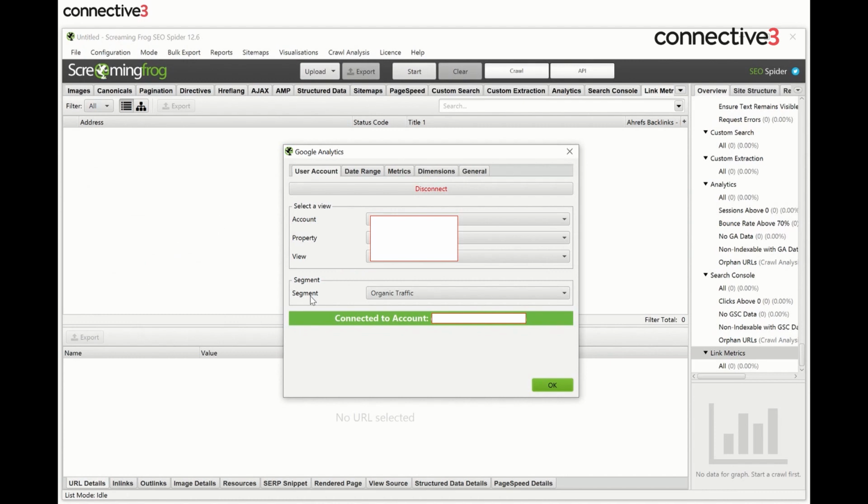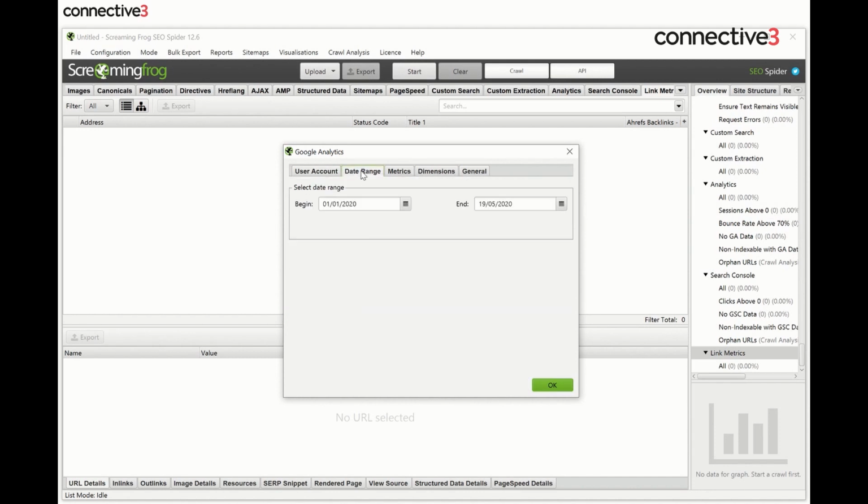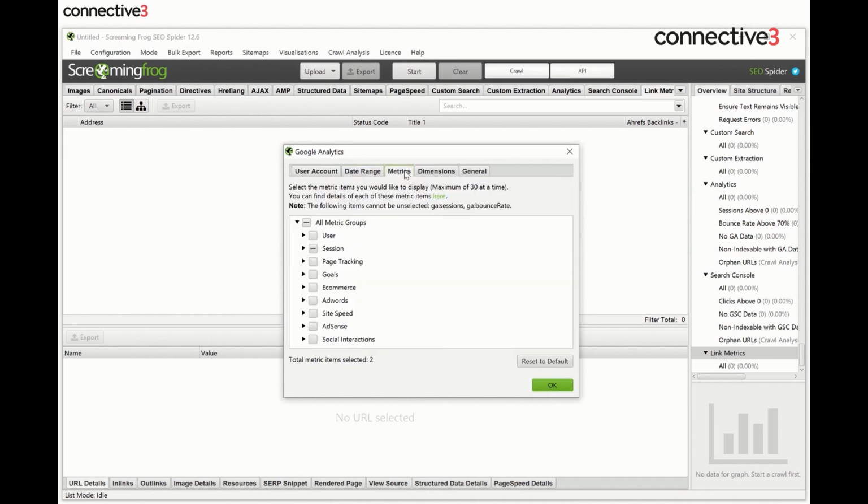Once it does that, it looks into your analytics account and it pulls back all the accounts and properties and views that you have attached to your account. So you select the appropriate one that you want to be able to use to pull that information from. There's a whole range of different options in terms of what you can have selected for ScreamingFrog. You can choose the date range that you want to pull back data from, the metrics, sessions, goals, e-commerce stats,